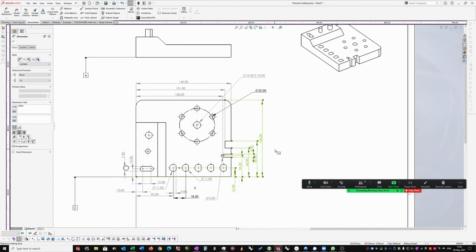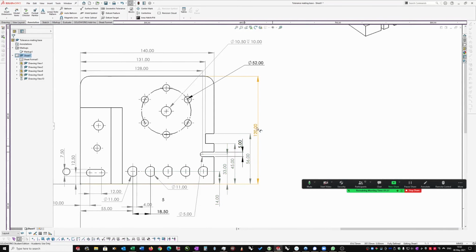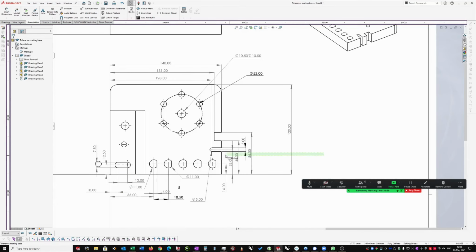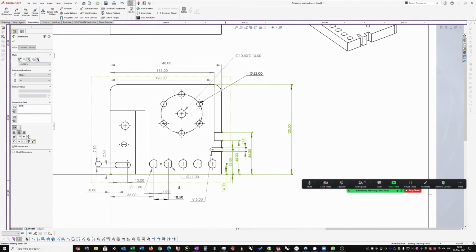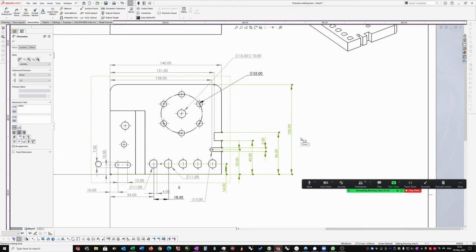Last week I showed you that you can auto-arrange this by going to Align and auto-arrange. A better way to do it is just to go to space evenly, and you can even space evenly from left to right, but if I just space evenly, it'll space them out. So if I were to drag this one out a bit, and then select those ones, including this one here, and do the same thing, you'll see it'll space them evenly according to the total width of what you're selecting. So if I pull that in,